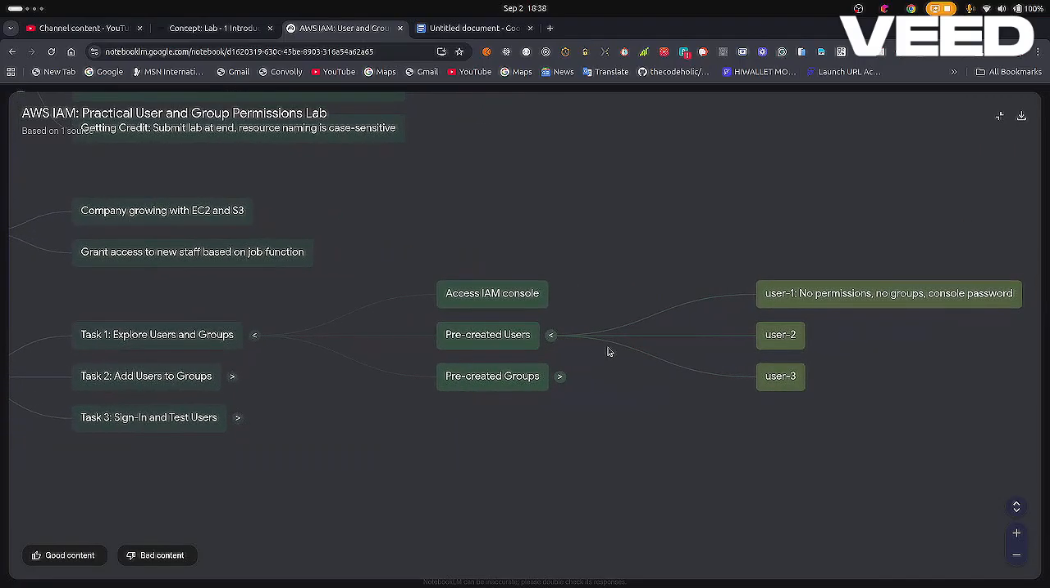Then they say, okay, pre-created users. Check if user one is there, does he